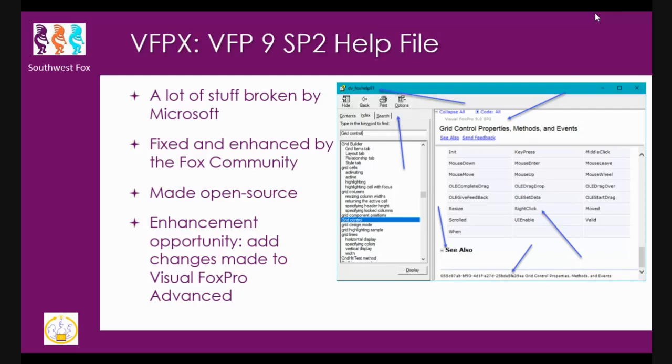Okay, there's a lot of information in the help file. Now, most of you are probably not using the broken help file that Microsoft shipped with the last version of VFP9. But if you are, kudos to you for being able to use it because it was unusable. But it's been enhanced and fixed by Francois, who's the project manager. It was fixed by him and several other developers and given to Microsoft, who turned around and made it open source for us. Why is that important?